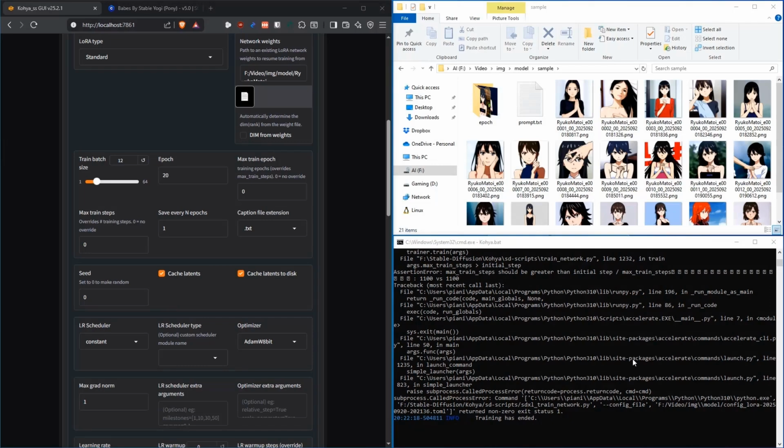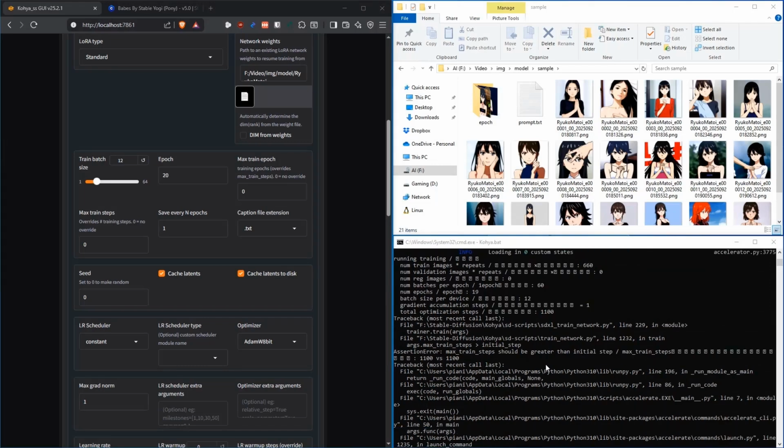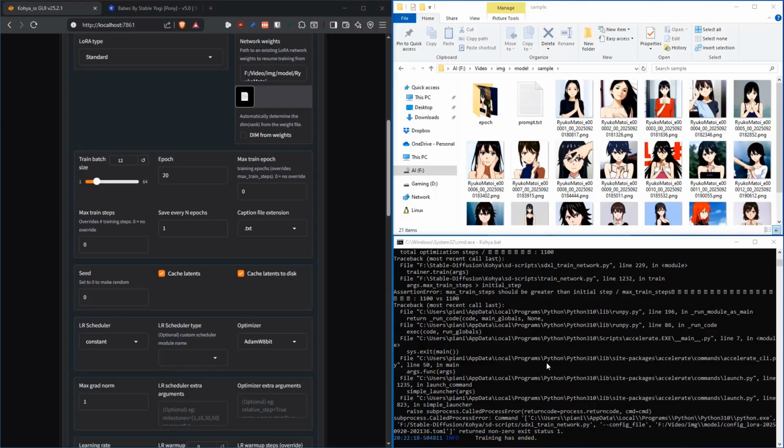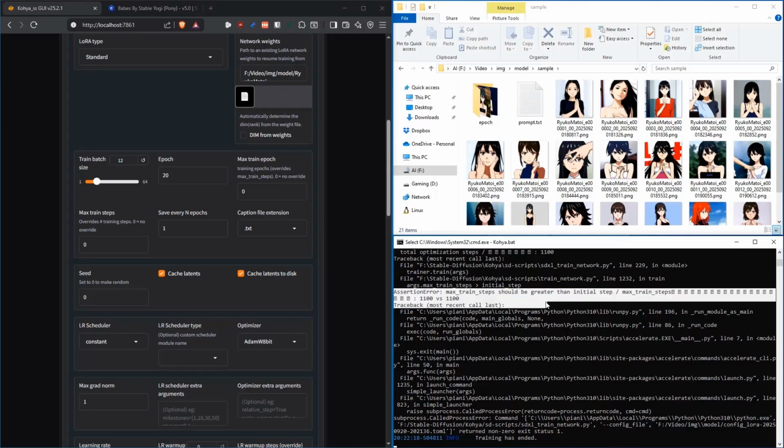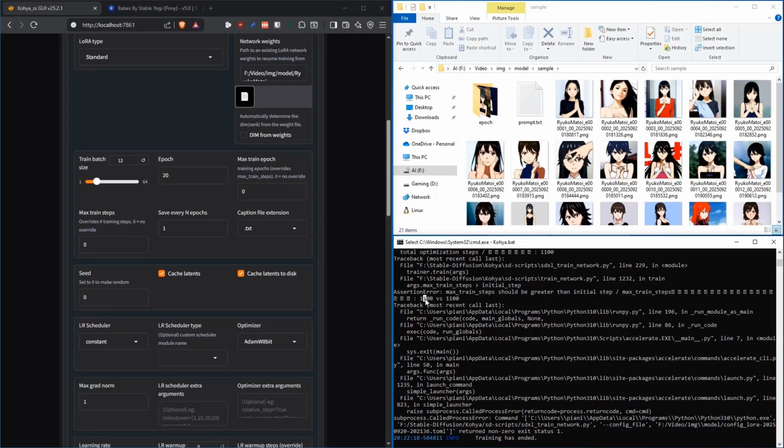All right, we got another stack trace, a traceback, but this is important. This is part of understanding how this works. If we read this carefully, we'll see something here that says assertion error: max training steps should be greater than the initial step. Max train steps, and then it gives us that the value is 1100 versus 1100. So it's saying I've already reached the end of the training that you told me that I can do for this,